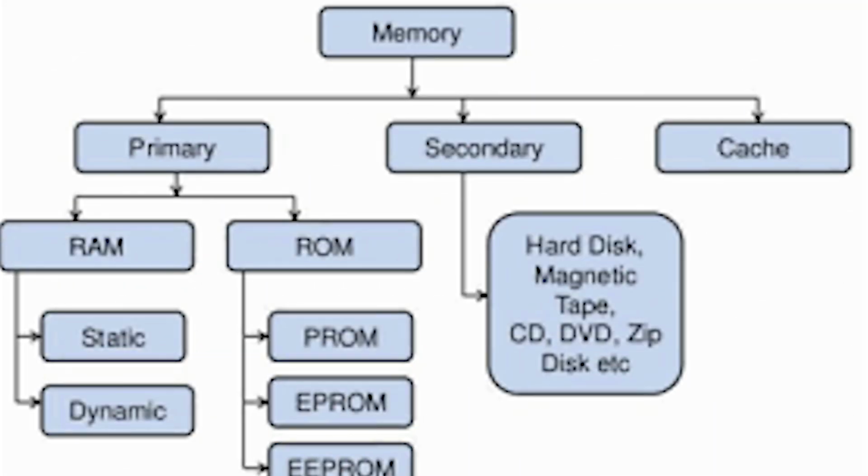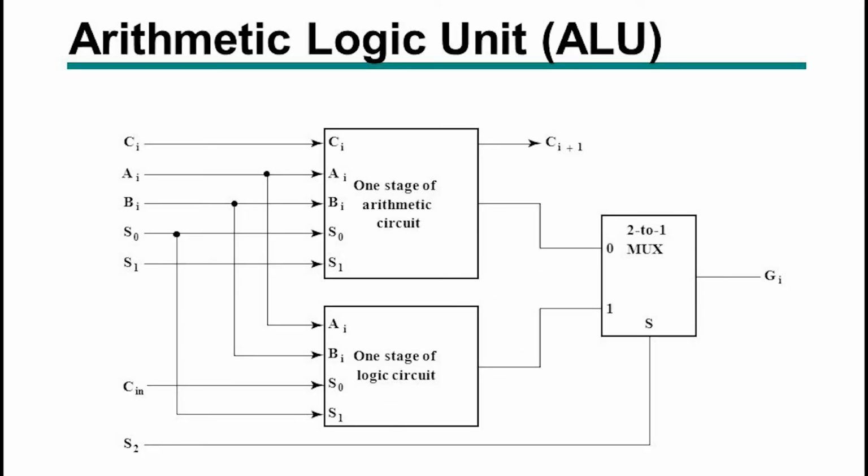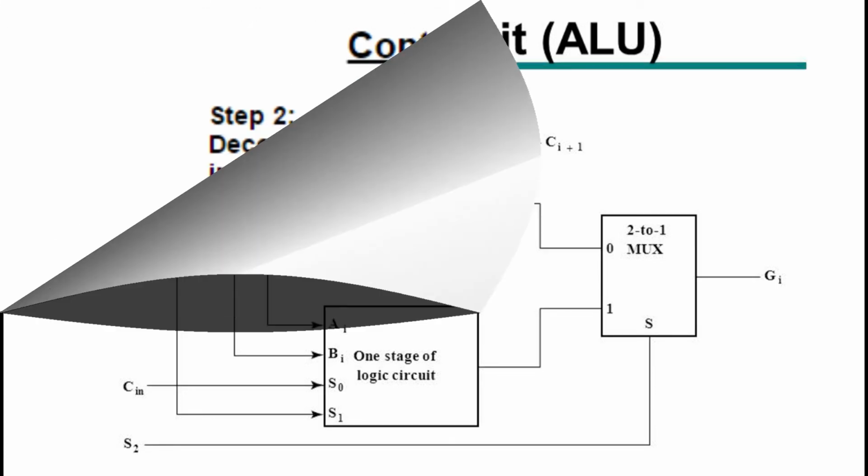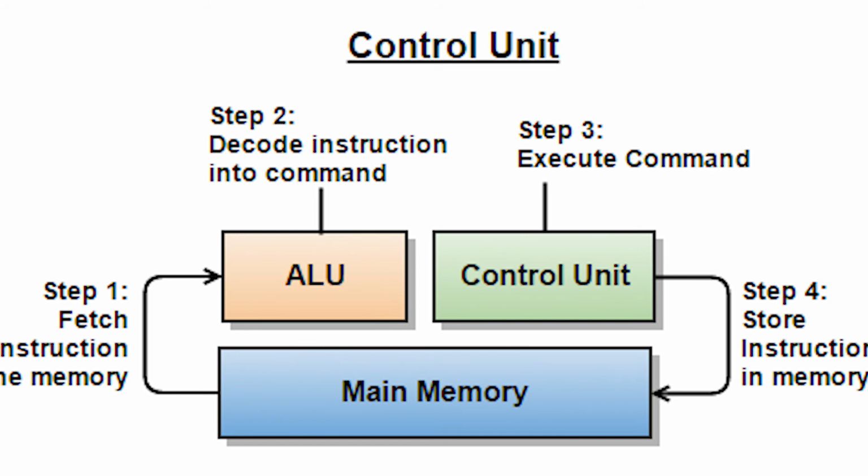First, we see about the arithmetic and logic unit. The ALU does arithmetic calculations like addition, subtraction, multiplication, division and so on. It also does comparisons like greater than, lesser than, equal to and so on. The second unit is the control unit. The CU coordinates among all the parts of the CPU. The CU gets data and instructions from the memory and passes them on to the ALU step by step.